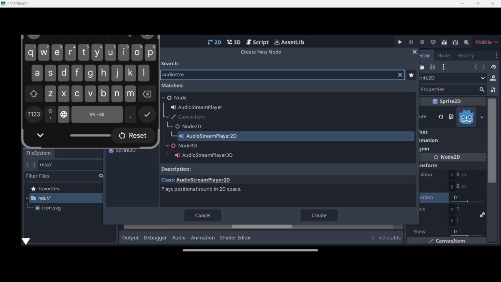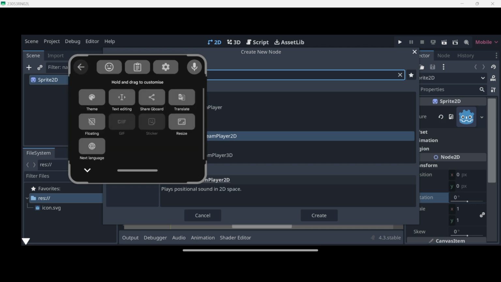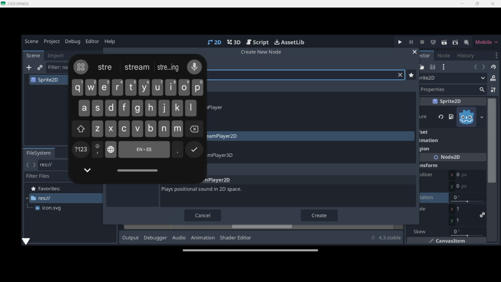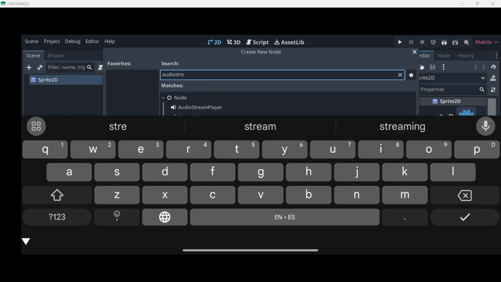And if you want to come back to the normal keyboard, you click over here on the settings button, or maybe reset, okay? I don't know why this is not there. We go to resize, okay, right there it wasn't. Here in floating we disable it, and there we have it. I know it's a lot of information, even for me it's difficult to remember all the settings, but well,